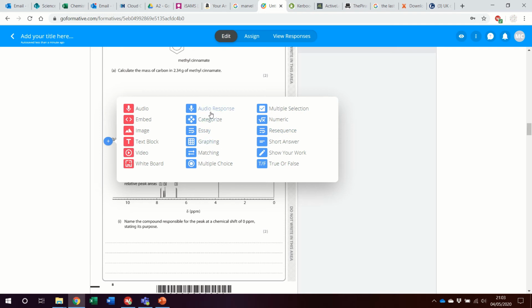If you really wanted, and I think this is a great idea, actually, you can do an audio response. So rather than having to sit and type, you could just get them to talk through their response. I imagine you get some interesting responses, some very concise and some somewhat rambling, but it's always worth a go. I mean, that is the point, isn't it? It's formative. It's not just going to give us a summative view of what our students can do, but a formative view as well that's aimed at improving their attainment in the future. Okay, so that's the